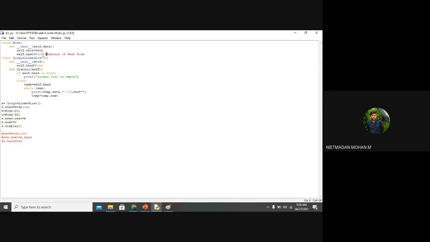When you collect the first data, the address of the next node will be None. In the singly linked list, I am assigning head equal to None, so in the beginning the head will be None. Then I create an object A for the singly linked list class, and from that object I am creating head equal to node of 10.